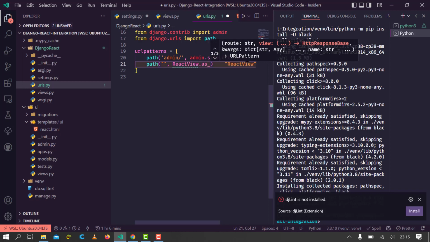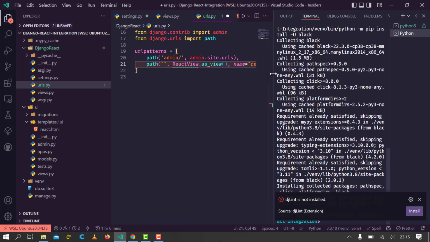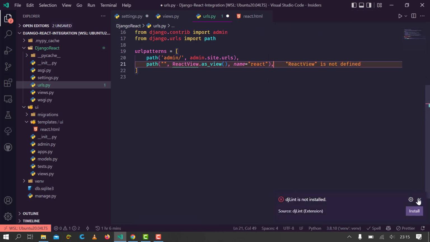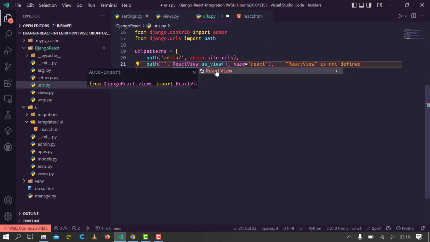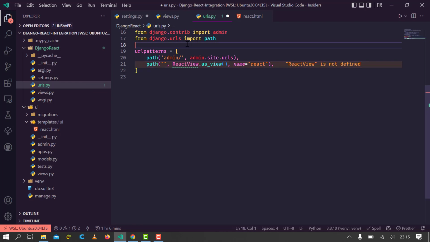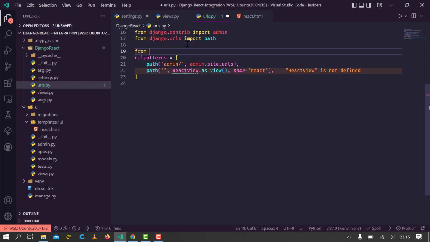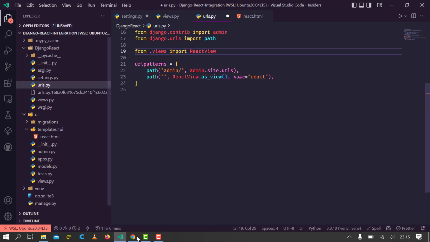Then we give it a name, react. Okay, we need to make sure we've imported this. So I'll say from .views import that. So now what I expect is that on our home page, if I refresh the page now,